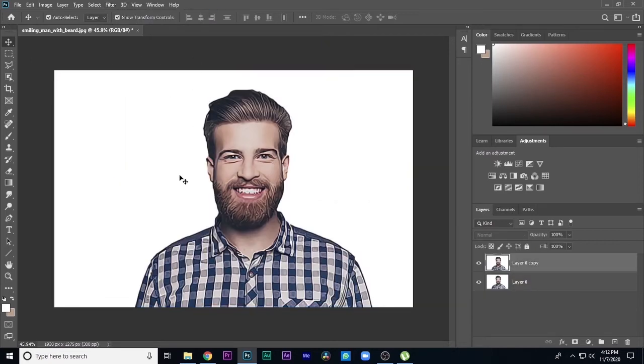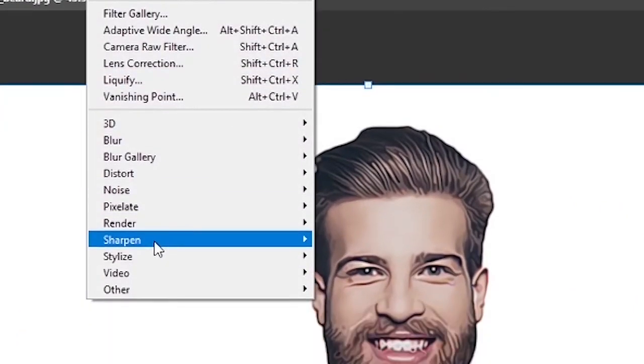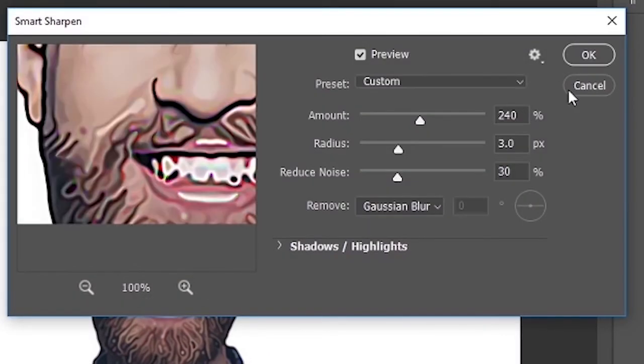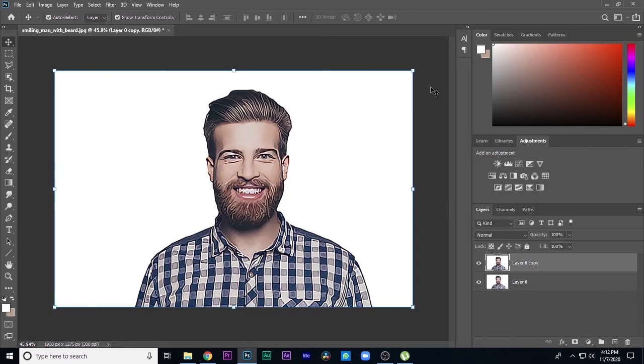Okay, now completed, and make sure you add diffuse 5 times per one cycle, 5 times. After all these are completed, you can see the before and after. This is the before and this is the after. We got an oil paint look. Now go to Filter, again Sharpen and Smart Sharpen, and again leave these values as they are to get the vector art look. See, we got the oil paint look, and see the before and after look.